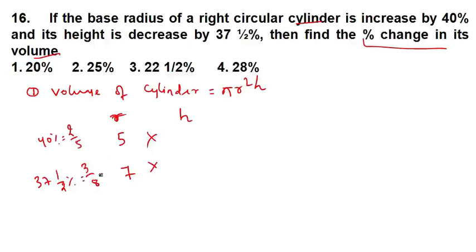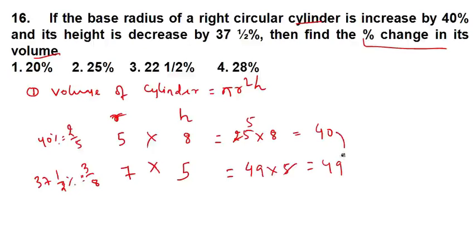Okay, so it got decreased. Before it was 8; according to the question, now it becomes 5. And we know that the volume of a cylinder is pi r square into h. Pi we don't have to write, so r square is 25 into 8, and here it will be 49 into 5. If you can simplify, just simplify 5 with 5, then it will become 40, and this will become 49.